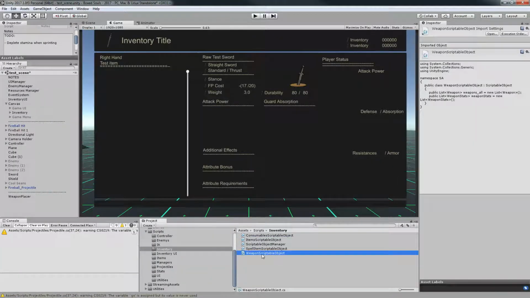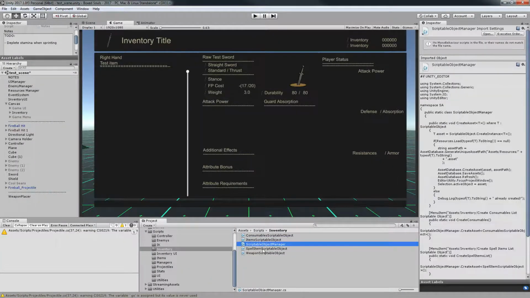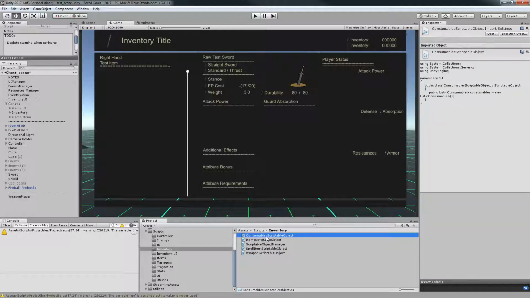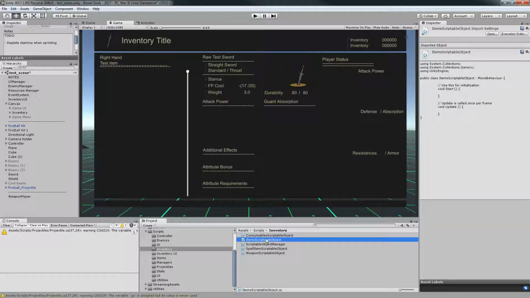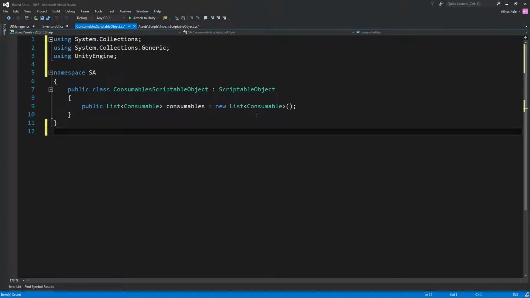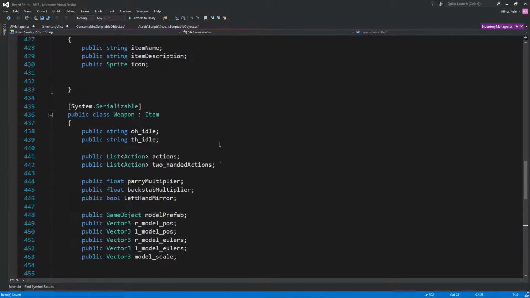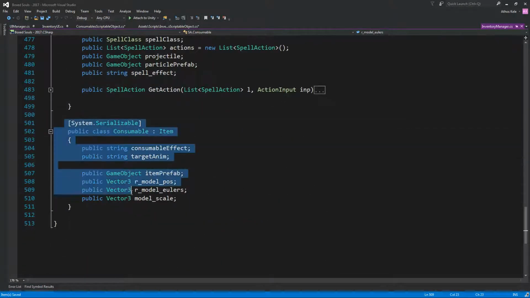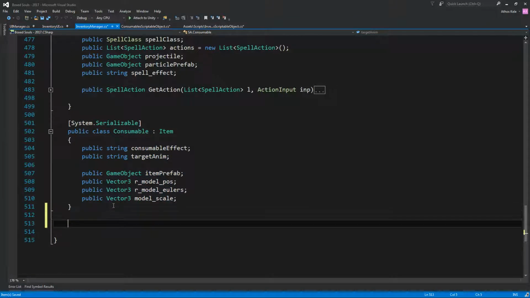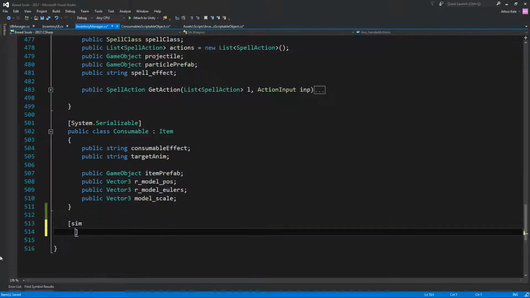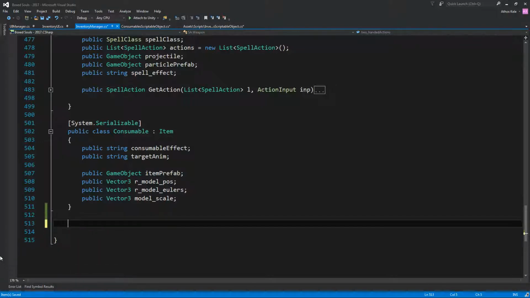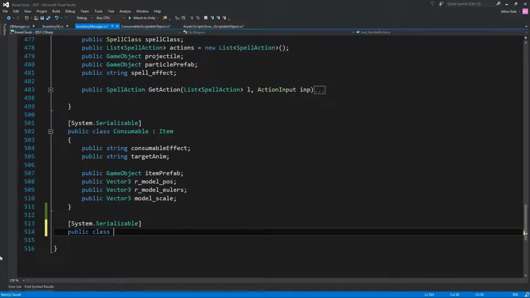Let's take one of these. Let's see which one should be a little bit cleaner, and maybe we can just take the consumables. Take this. Yeah, we have this onto our inventory manager. Okay, let's keep, you know, let's stay a little bit consistent. So I'm going to say system, not sim, system.serializable public class